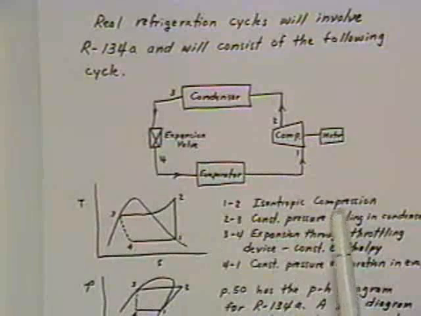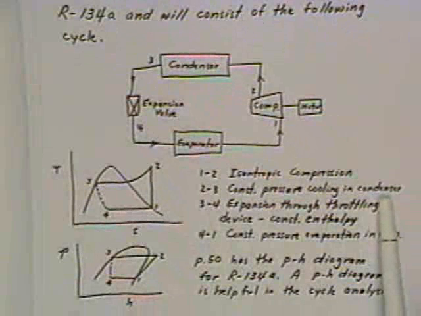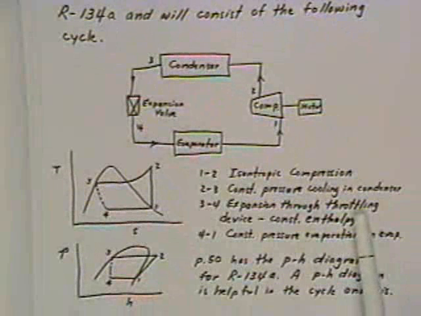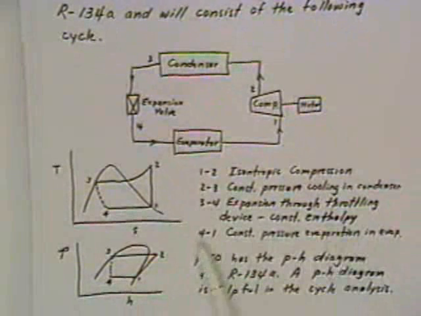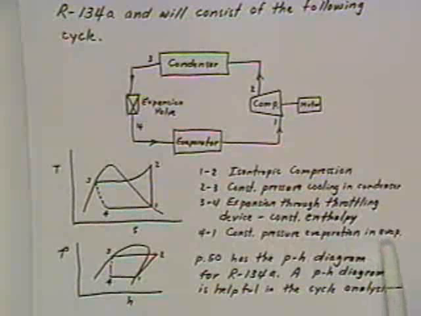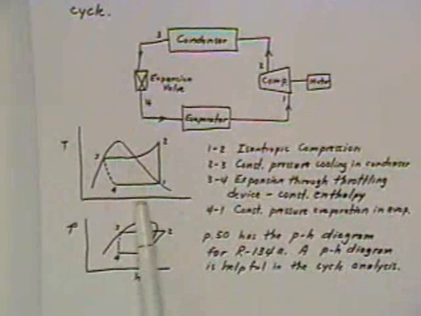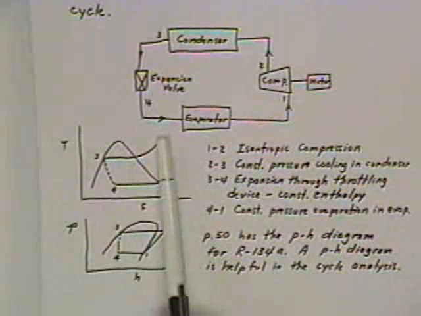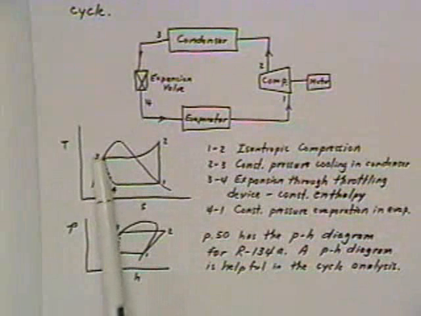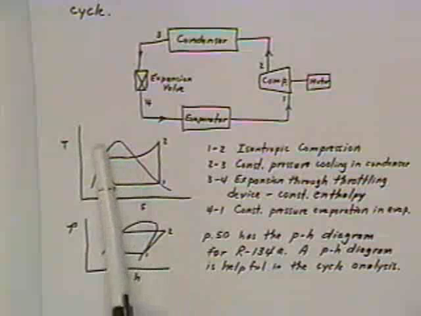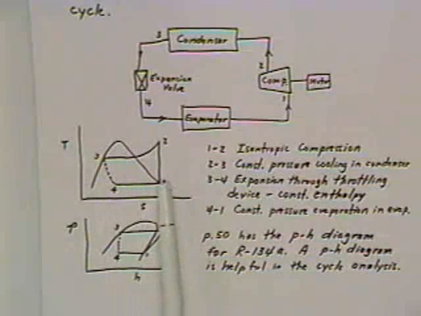So 1 to 2 is isentropic compression, 2 to 3 is a constant pressure cooling in the condenser, 3 to 4 is an expansion through some sort of throttling device or expansion valve, and that's constant enthalpy. And then 4 to 1 is constant pressure evaporation in the evaporator. So the TS diagram looks something like this. 1 to 2 is the compression in the compressor, 2 to 3 is constant pressure cooling in the condenser down to a saturated liquid condition, 3 to 4 is constant enthalpy through the throttling valve, and 4 back to 1 is the